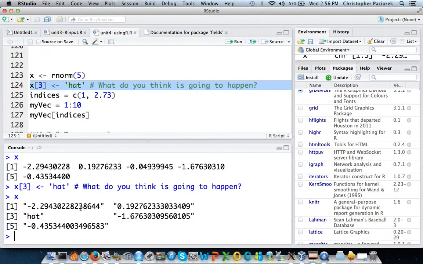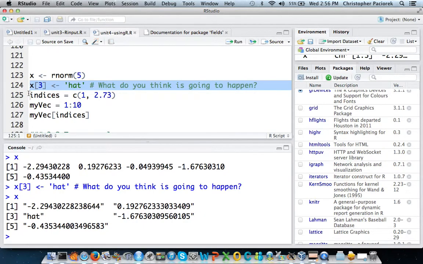So you'll notice it took all those actual numbers and turned them into strings, which we can see because there are quotes wrapped around them now. In addition, there's hat. So you might or might not like the fact that this is what R does, but when the developers of the language were devising it, they decided that a lot of this kind of coercion would happen behind the scenes. And sometimes it can trip us up